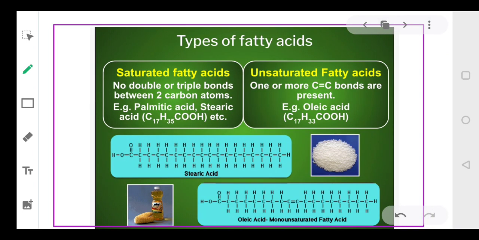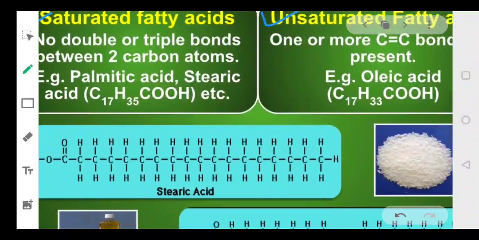Now coming to the types of fatty acids. Fatty acids can be categorized into two types: saturated fatty acids and unsaturated fatty acids. For saturated fatty acids, the example is stearic acid. Just look at the structure of stearic acid and observe the carbon atoms. We see that there is a single bond between all carbon atoms. The fatty acid that contains a single bond between all the carbon atoms is called a saturated fatty acid, while